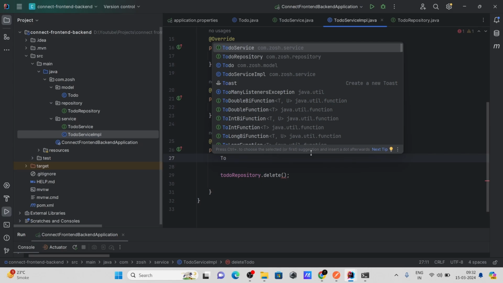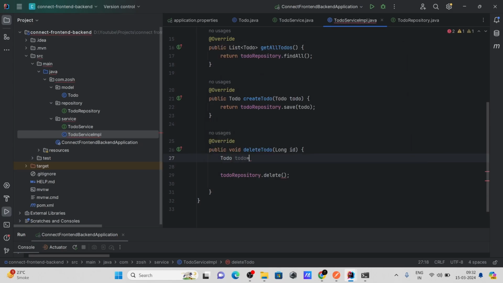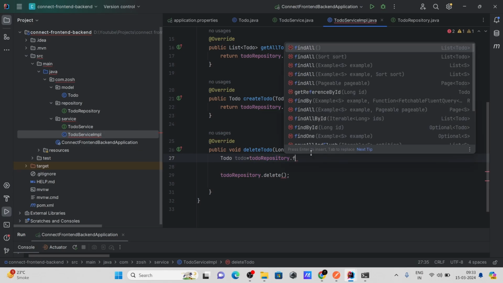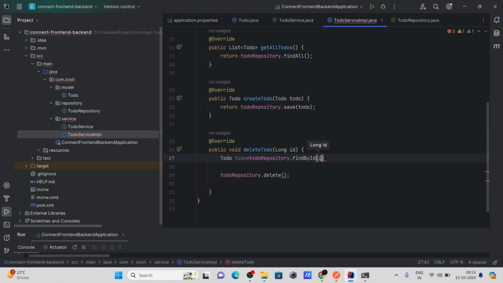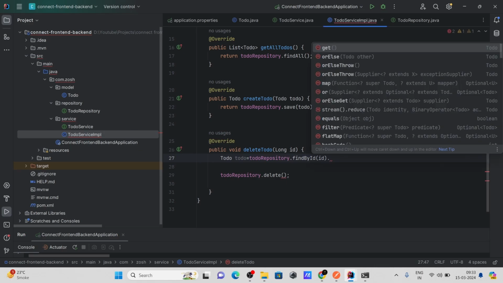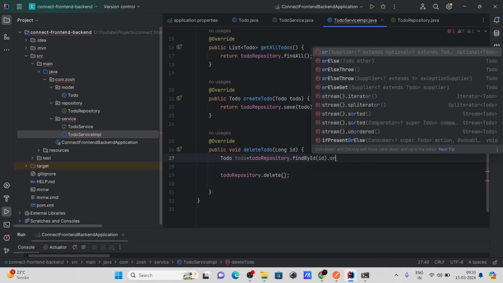First let's find the todo. So todo equal to todoRepository.findById. Okay, here we need to provide the ID. Guys, if it is findById, then it will return that todo, but if it didn't get the todo with the provided ID, then what will it do? It will throw an exception. Okay, so for this, here we need to provide orElseThrow,